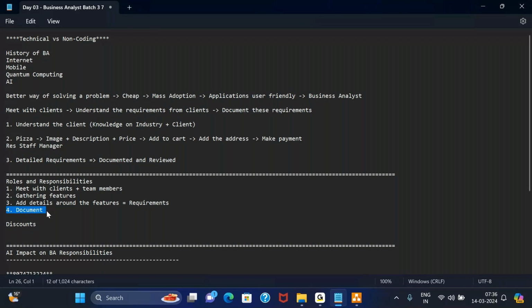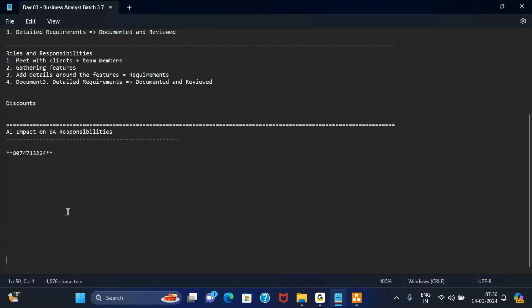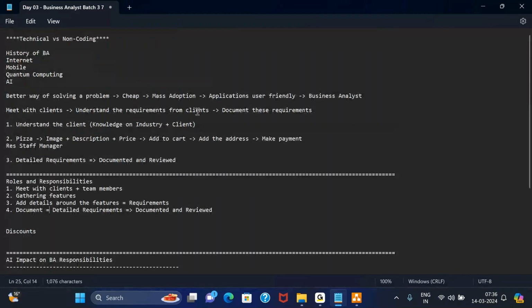So instead of arguing with the client, like no, you did not mention it like this or you did not say it like this, we go back to our document. What is it that we have documented? And remember what we said, once we create a document, we get it reviewed with the client itself. Now in my document that was reviewed by the client, I see only these 5 features.